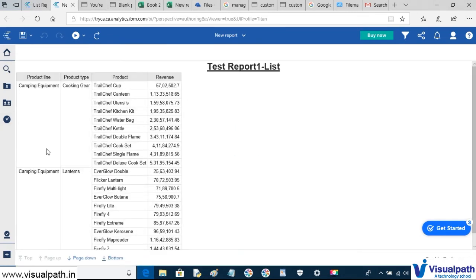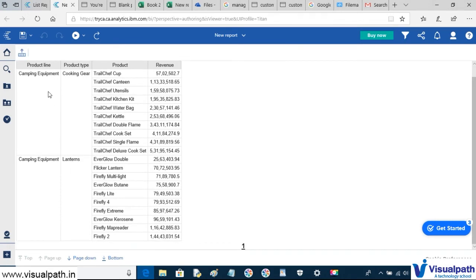Okay, so now you can see that the group spanning is done based on the product line. Whenever the product type is getting repeated, the product line name is coming once again. Okay.